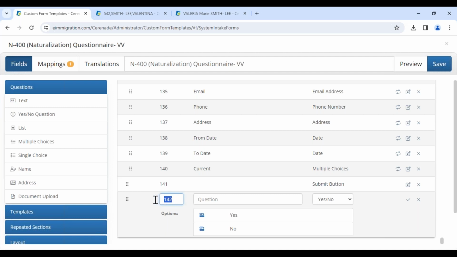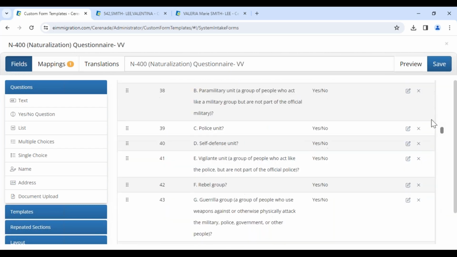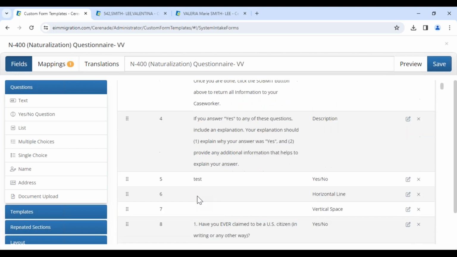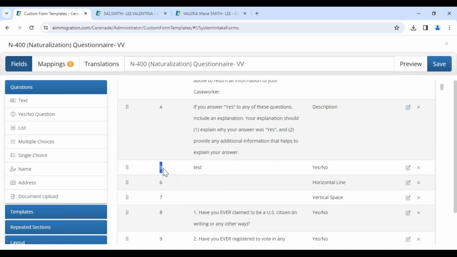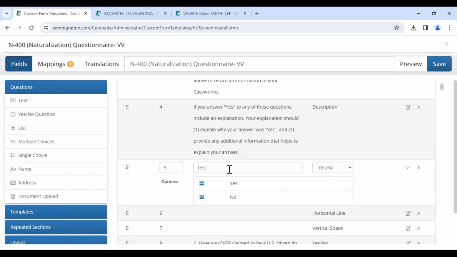If you change the number here, let me just say number 5, I'll just call it test for now. I'm going to change this right now. But what I'm trying to show you is that if I change the number, instead of 142, to 5 and I click save, it will redirect, relocate that over here under number 5. So now let me click on the pencil to modify. It's not a test, but my question is going to be,